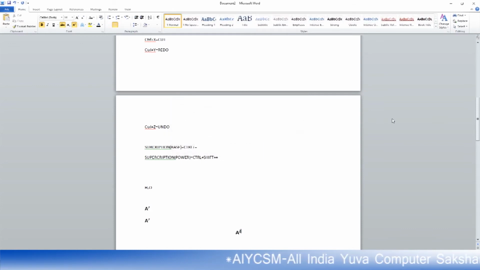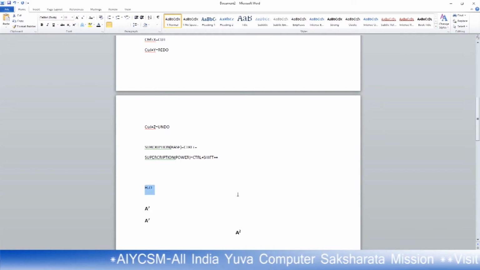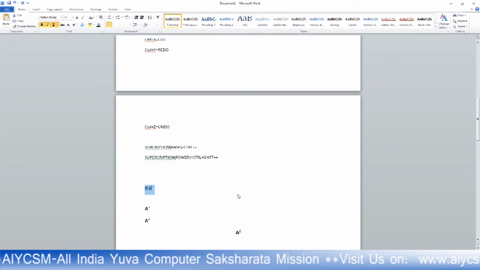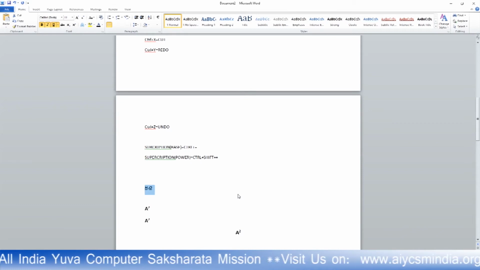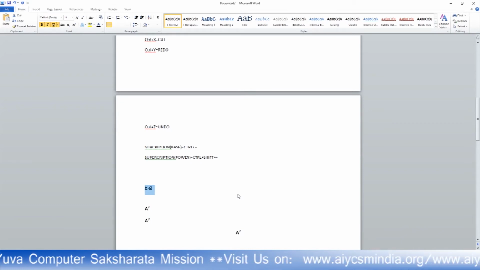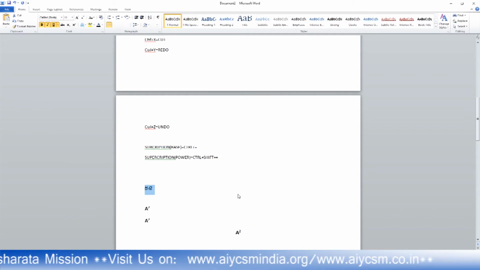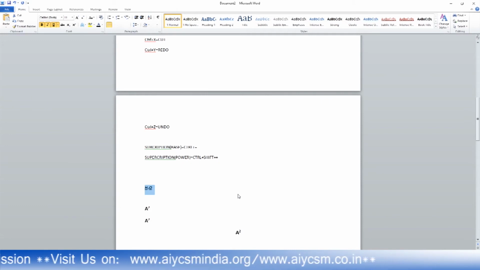H is replace. I means italic: if you select something and press Control I, it becomes italic. B is bold, U is underline, you know that. J is justify, that means it starts from the left and you will see that justify and left will be selected.